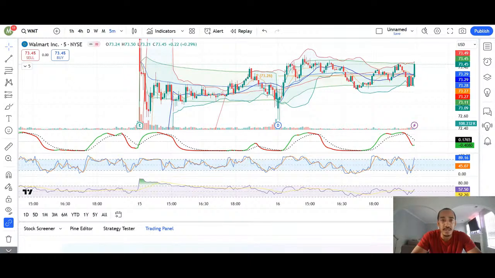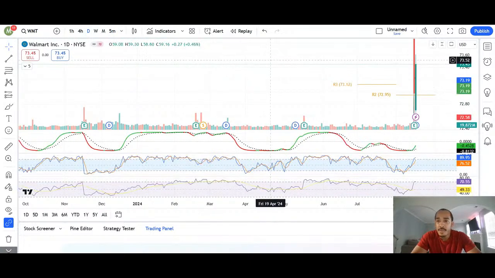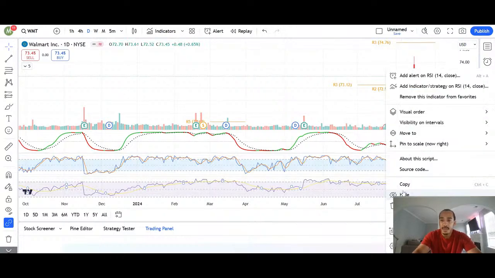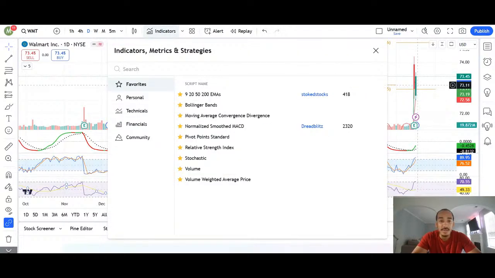Hold on, let me go back to the daily because we're talking about swing trading. But the RSI is one of the best indicators. It also shows overbought and oversold, but I'm gonna show y'all my favorite trick on the RSI. So yes, the RSI shows overbought and oversold just like the stochastic, and the stochastic moves faster than the RSI. So the stochastic will give you a signal better than the RSI, right? But this is my trick that I like to do on the RSI, and I don't see nobody else doing it.